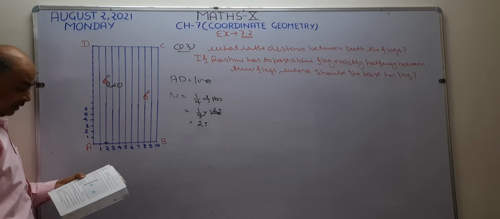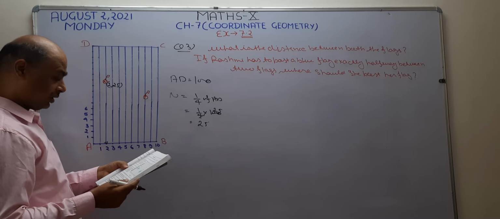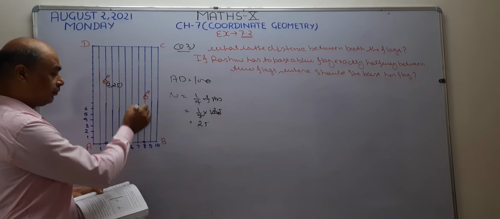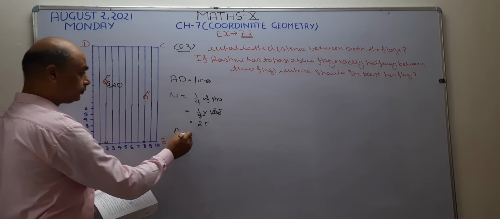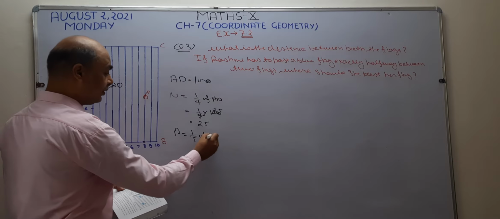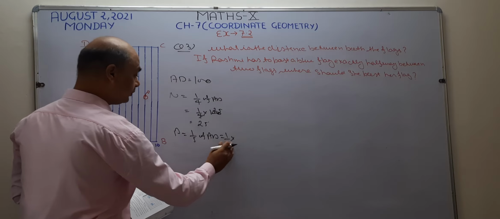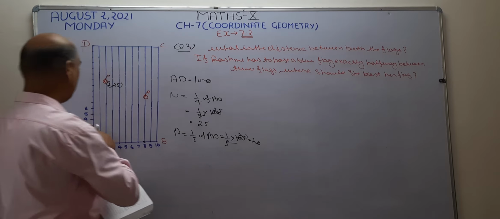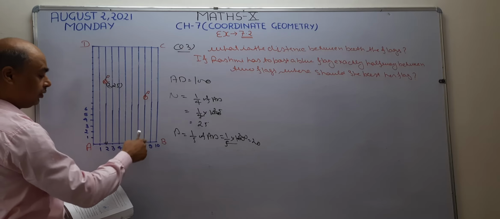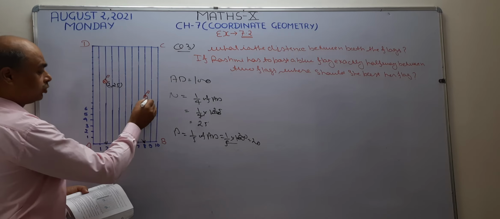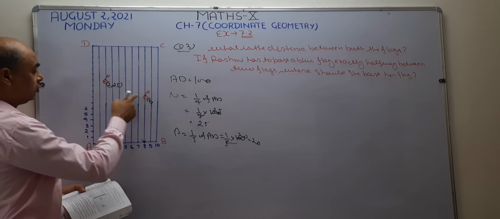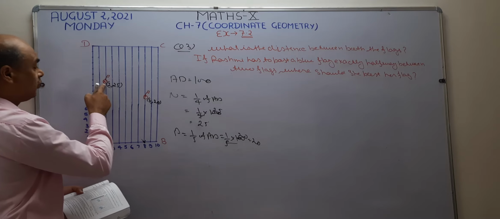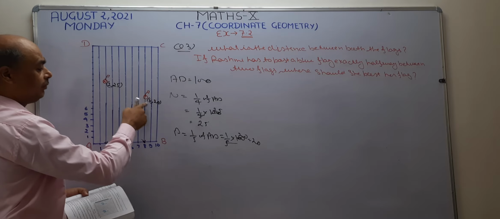Is it clear? Now see, next Preet runs 1/5 of the distance AD in the 8th line. Preet is going to run in the 8th line and she is going to cover distance 1/5 of AD. AD is given. It means she is going to cover distance 20 on y axis. The coordinates of Preet become, on x axis, because she is going to run on the 8th line, the value of x becomes 8. She is going to cover 20 of distance AD. So this is the value of y. So the coordinates of N become 2 and 25. Coordinates of P become 8 and 20.